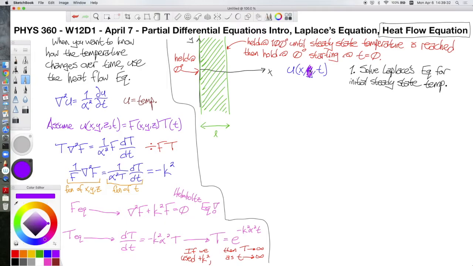And the temperature is likely to increase linearly. So you can verify this yourself by actually working through Laplace's equation, but it will turn out that this initial steady state temperature,